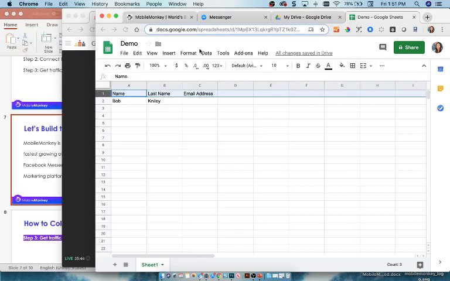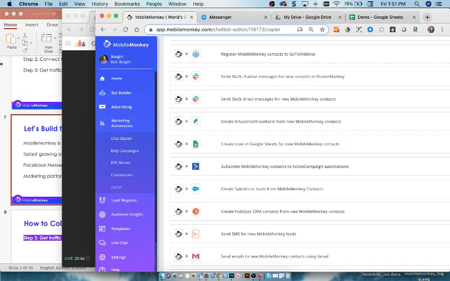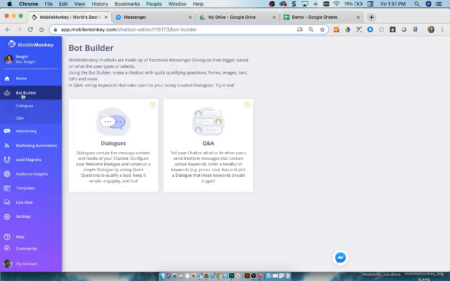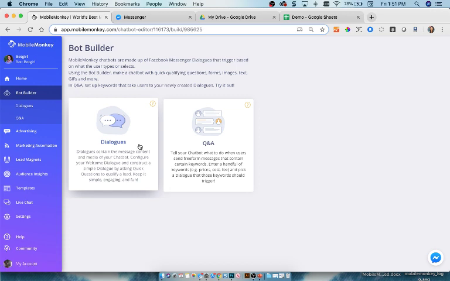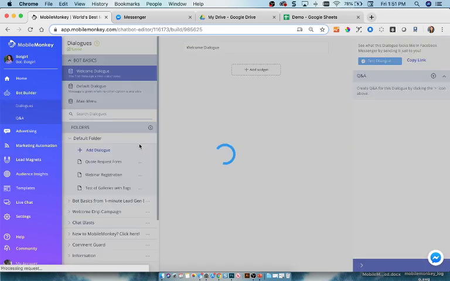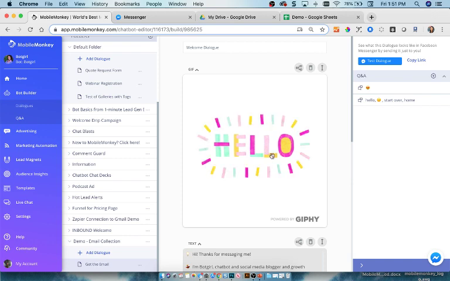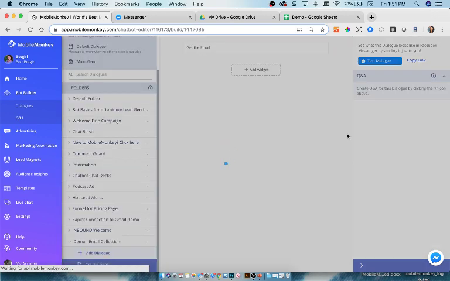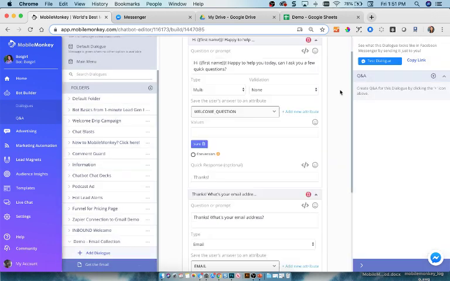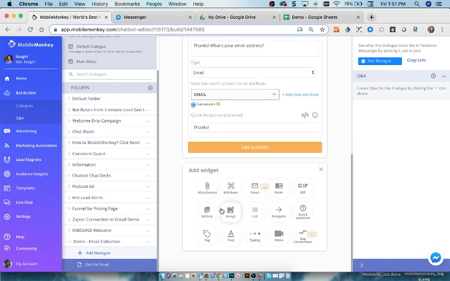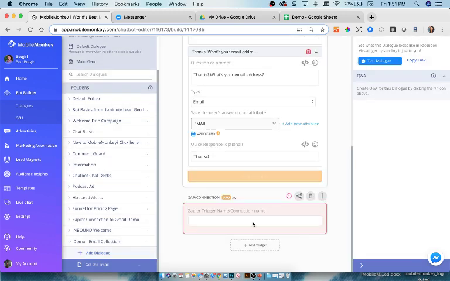Close that out. Go into our bot builder back here. Go into our dialog and you will find the demo dialog that we created here. Get the email is the name of our dialog. And then at the end of this dialog, we'll add the widget. It will be our Zapier connection widget. We will, from a drop down, see